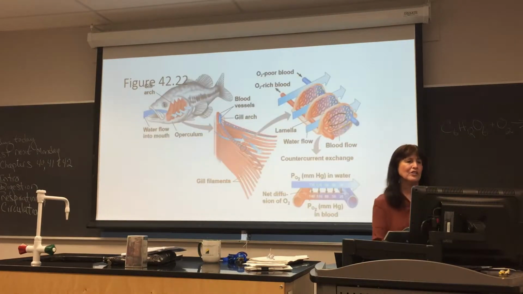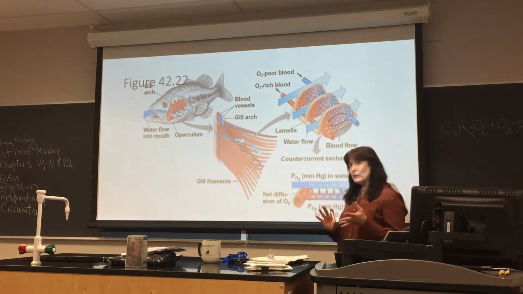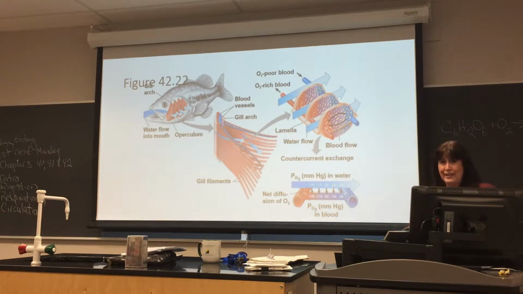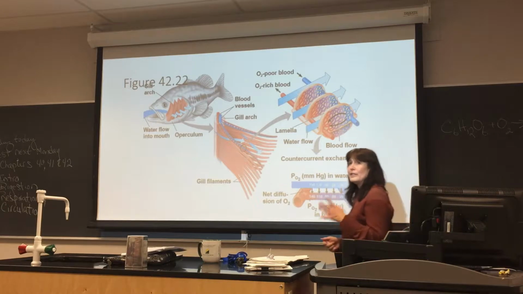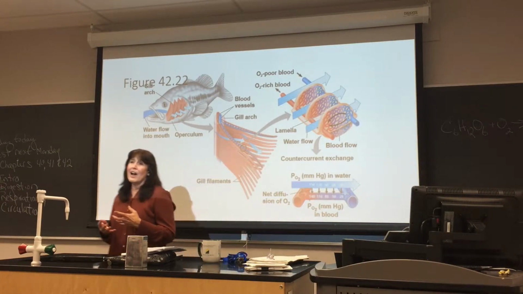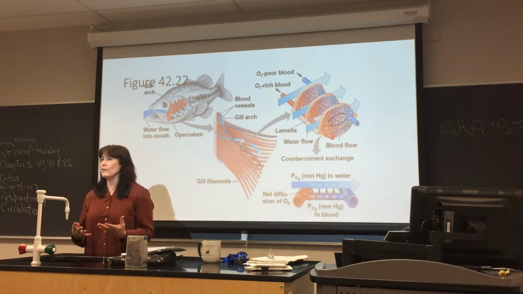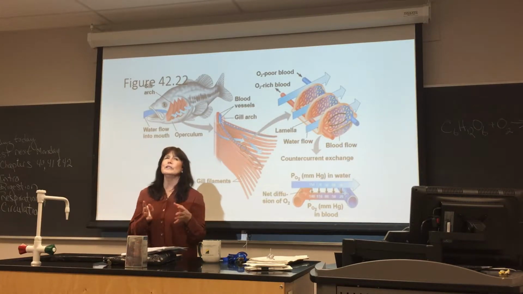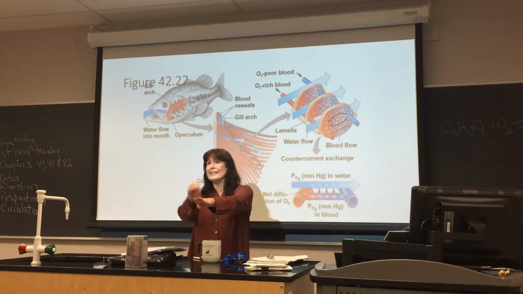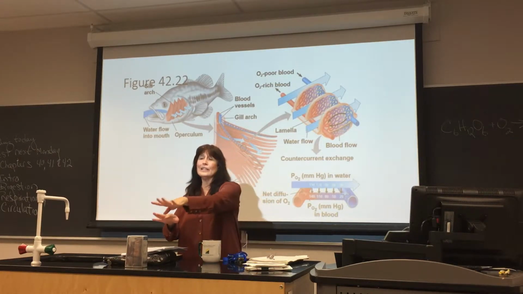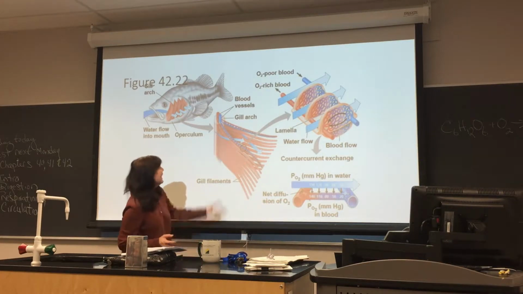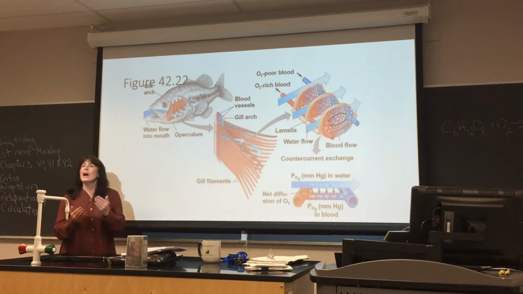Okay, so here, using the trinkets. We talked about last time this counter-current exchange. And we said that opposite flows in particular areas can have a really good benefit of some physiological function. And we looked at it before. We looked at putting arteries and veins next to one another and circumventing the heat so that they didn't lose the heat to the exterior environment when you need to keep the heat. And here's another example of this